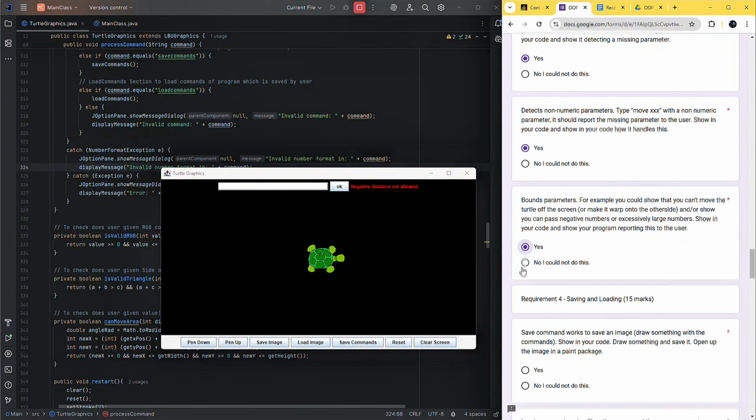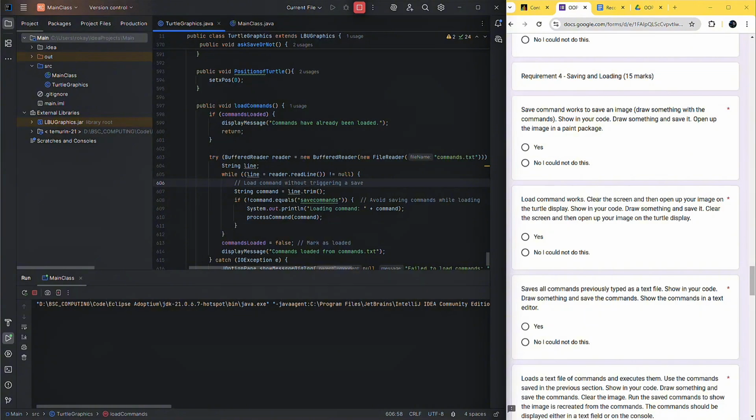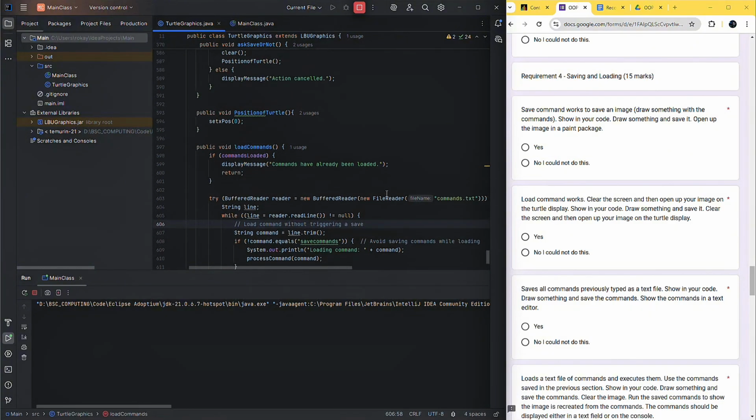I will take that one. After requirement 3, validating commands, we will move to requirement 4, which is saving and loading. The save command should save an image: draw something with the command. So in your code, draw something and save it. Open up the image in a paint package. As you can see here,